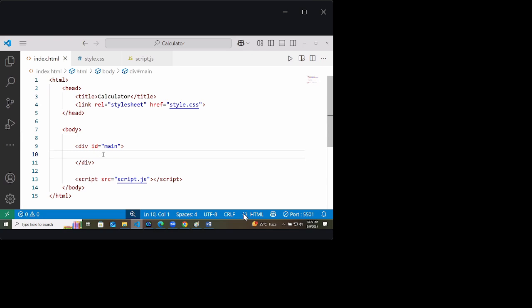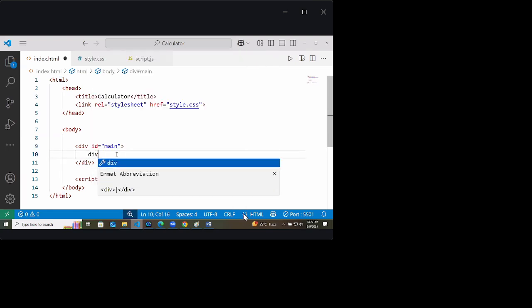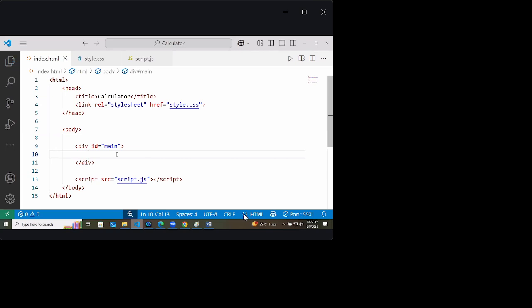Okay, so here we have a div with id as main. Inside this I will create one heading first as calculator. So we are getting this heading here.